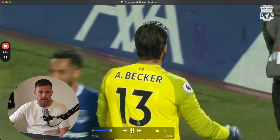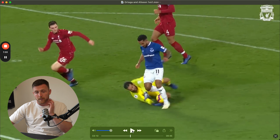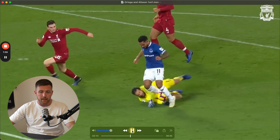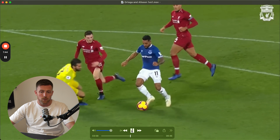Of course, he gets a hand to it there. And that's really good. When we are there, we have to make it our best to kill the situation off and get a hand on the ball. But you see, it's just barely. So,